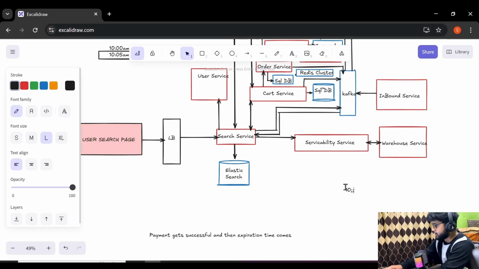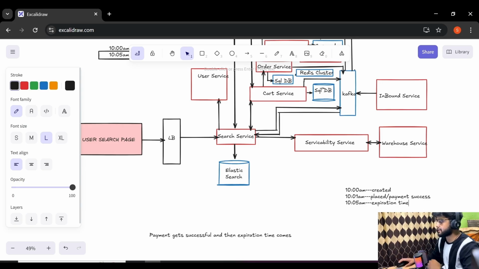Let's say the order is created at 10 a.m. At this point of time the order is created, and at 10:01 our order gets placed, that means payment success, and then 10:05 a.m. is our expiration time.